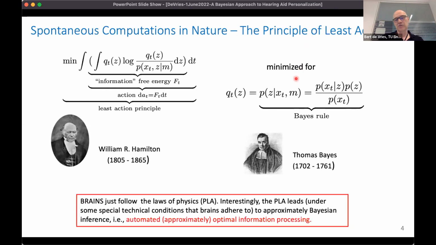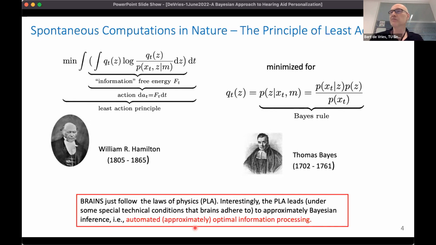So in short, what Carl Friston says is that brains just follow the laws of physics, basically the principle of least action. So how could it be anything else? The interesting thing is that following the laws of physics leads to approximately Bayesian inference. In other words, it leads to automated optimal information processing. I put approximately in brackets